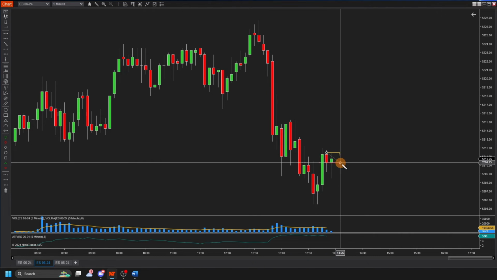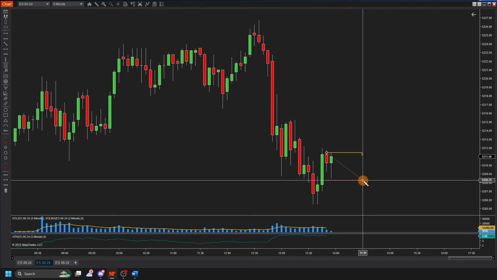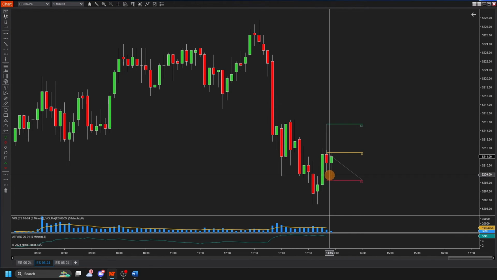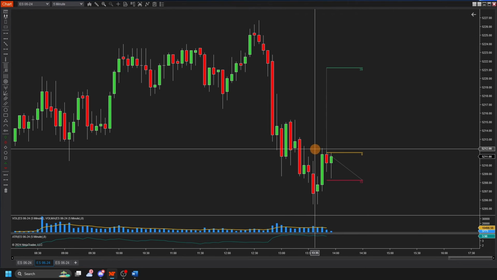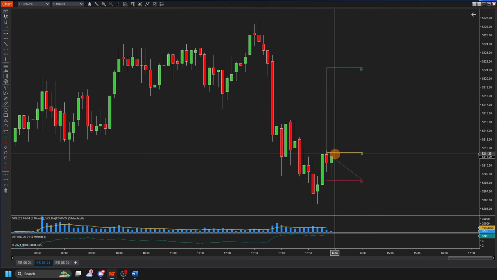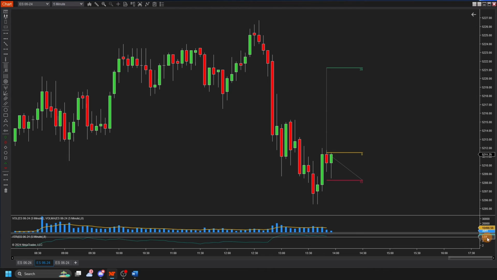Let's say my entry is right here, and let's say I'm going to place my stop at the bottom of this wick here. So I have to risk 13 ticks, and let's say I want to make 3-1 on this. Okay, so I have to put my risk right here, 13 ticks. So then I just take a quick glance right here. Current ATR on the average range of a 5-minute bar over the last 8 bars is 4 S&P points, 3.98,